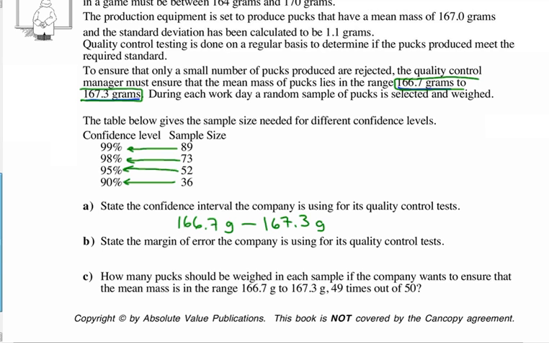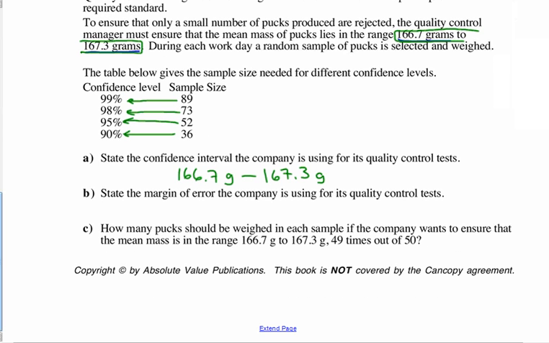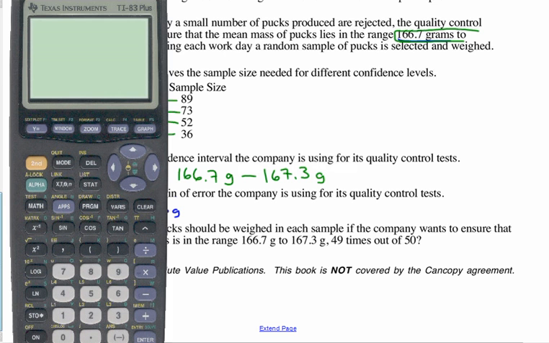State the margin of error. So how do we figure out the margin of error if they give us the interval? Well, we know that there's that middle number, right? Plus or minus something. So how do we get this middle number if we're adding and subtracting the same thing? Well, it's pretty simple. We're going to average them, and that gives us our middle. So to find the middle,